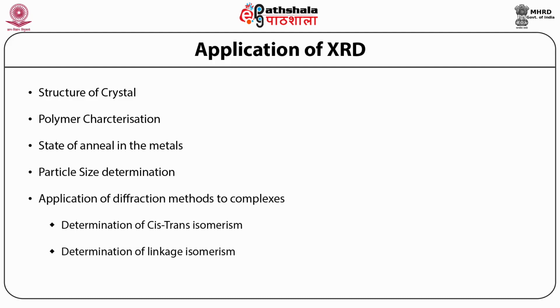The equation for the spot counting method is v = V Δθ cosθ / 2n, where small v is the volume of an individual crystallite, capital V is the total volume irradiated, small n is the number of spots in the diffraction ring, and Δθ is the divergence of the X-ray beam. Last is the miscellaneous applications, which involve analysis of industrial dust, assessment of weathering and degradation of minerals and polymers, study of corrosion products, structure of DNA, RNA, etc.